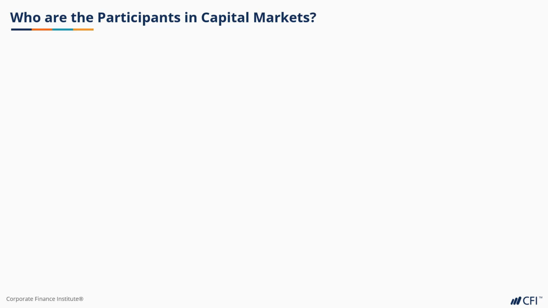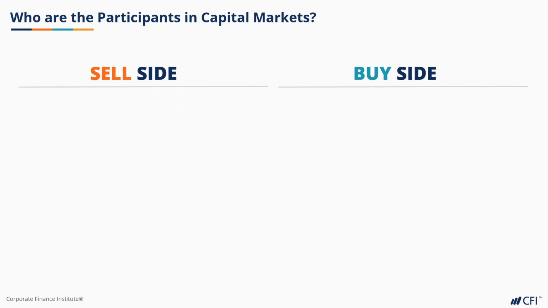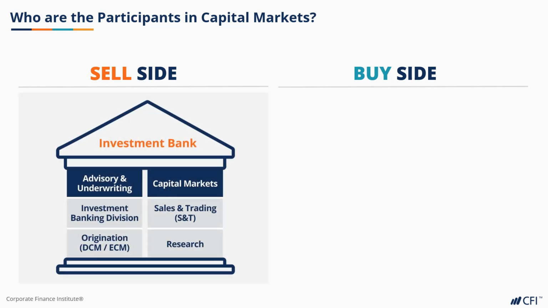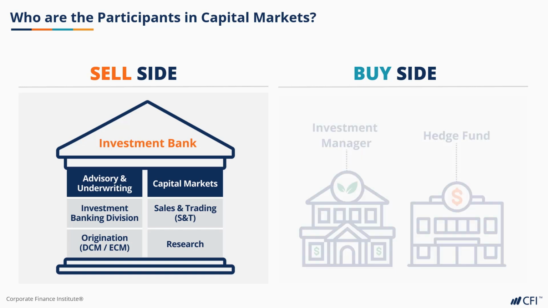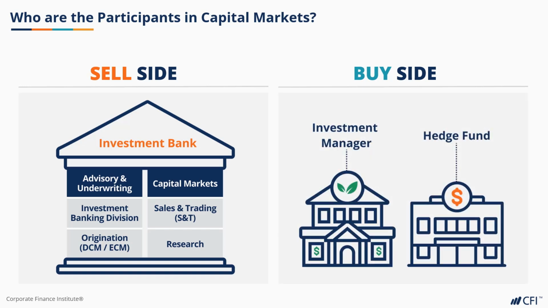Capital markets institutions are grouped into the buy side and the sell side, and these names come from their core function in capital markets. Sell-side firms, their core function is to sell securities in both the primary new issue market as well as support buying and selling to provide liquidity of those said securities in secondary markets. Now, buy-side firms, on the other hand, fulfill their function by buying securities in both primary new issue markets as well as secondary markets in order to fulfill their investment mandates. We will go into further details as we explore both sides and the respective groups that are within them.